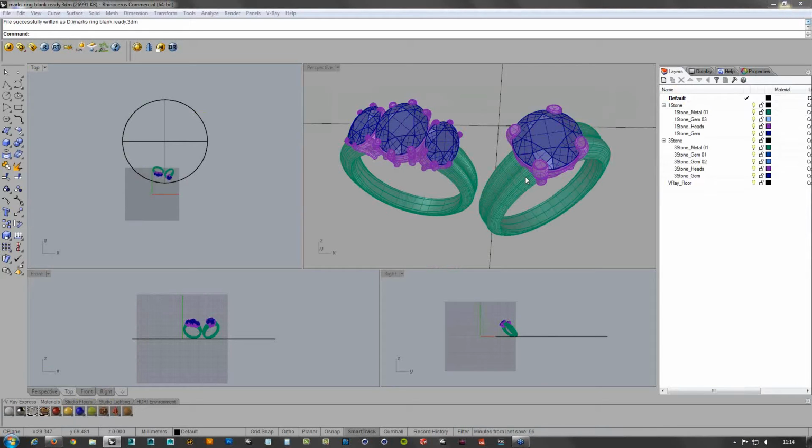Excellent. So continuing on from where we've been talking with Phil, I've also got a jewellery scene here. I'm going to show you how you can light this with HDR Light Studio, building on what you've just been shown by Phil. I'm going to use V-Ray RT quite a lot because it's really useful for getting the live interactive feedback. So if I just start up the V-Ray RT view,